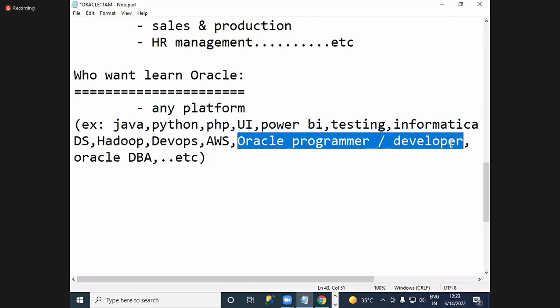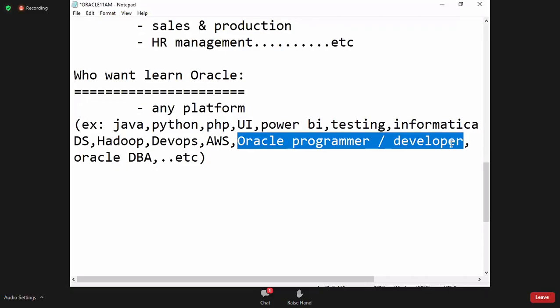One thing, guys: career building is in your hand. Which way you build your career is completely in your hand. Don't think that a Java developer is greater or bigger. Who said that? Even an Oracle developer, a database developer, can get a 20 lakh monthly package. So who says like that? That's why don't think like that.